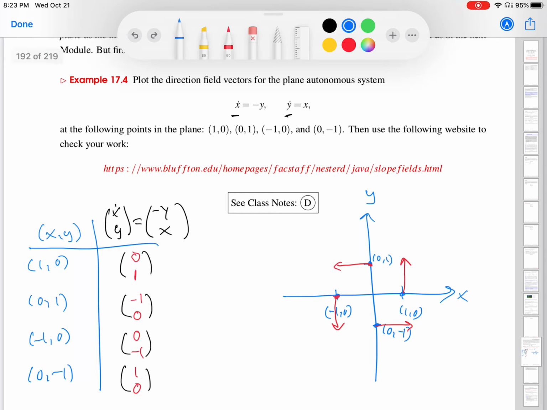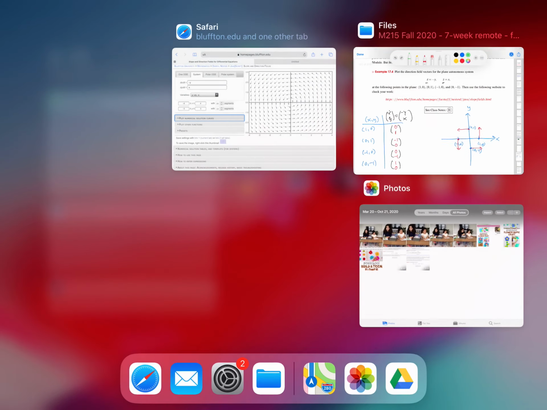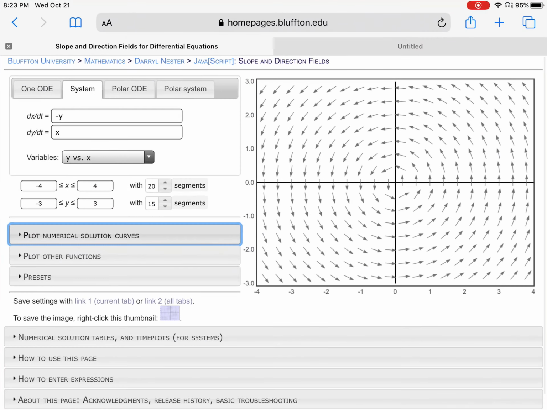So I'm going to transition over to the website now. I want you to take a mental snapshot. I mean, I guess you could rewind this video, but take a mental snapshot of what we've seen here, right? This counterclockwise circulation. Now we're going to leave this file. Great, so I'm going to go over here,